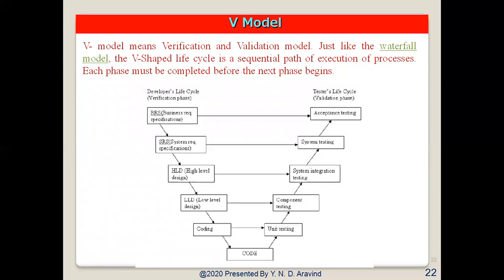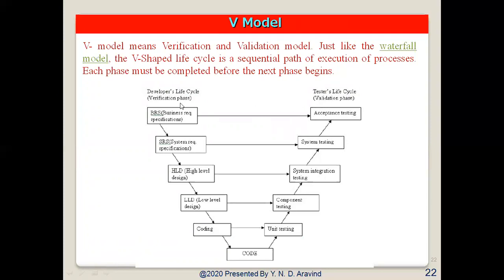Since the V model is one of the many software development models, testing of the product is planned in parallel with the corresponding phases of the development. We call this a V model. So for each and every phase, the testing is being done in parallel.